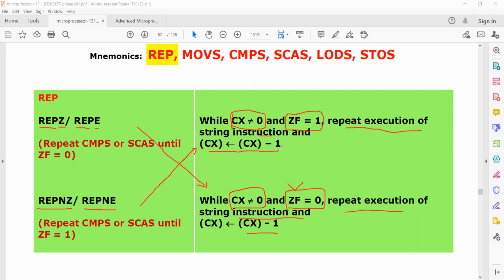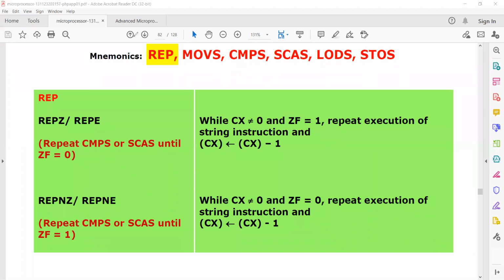So this repeat operation takes place in a loop until the CX register value is equal to 0. Once the CX register value is equal to 0, the repeat instruction stops executing. That is the meaning of the repeat instruction. Hope the point is clear now.